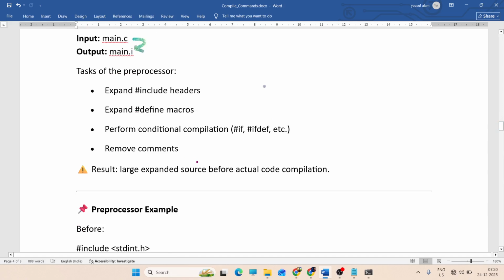Remove the comment, जो भी comment आपने added किया during the writing your C code, you have added some comment, that comment will also be removed by this preprocessor in main.i file. तो रिजल्ट आउटपुट क्या आएगा, large expanded source before actual code compilation. So एक्चुअल कोड कंपाइलेशन से पहले इसको क्या दिखेगा, एक लार्ज सोर्स फाइल दिखेगा. ओके,